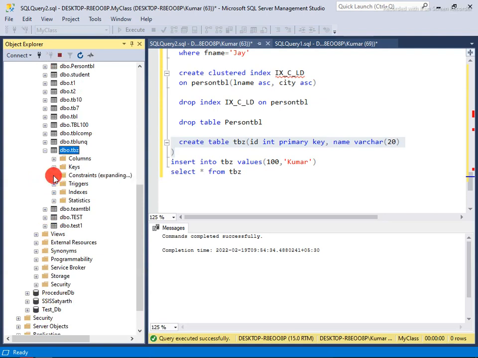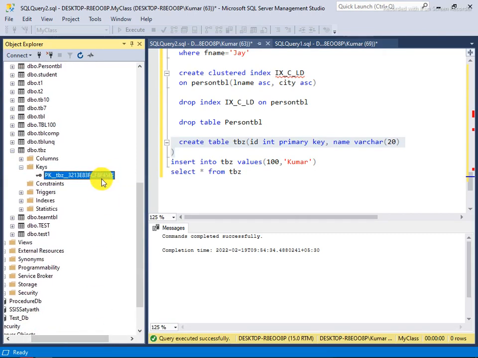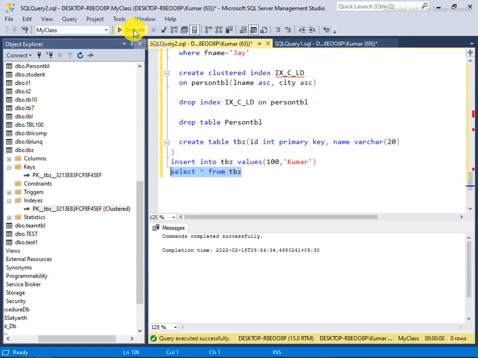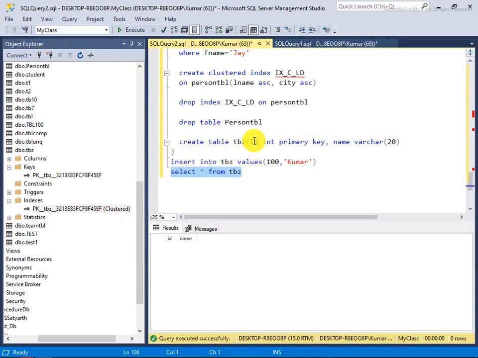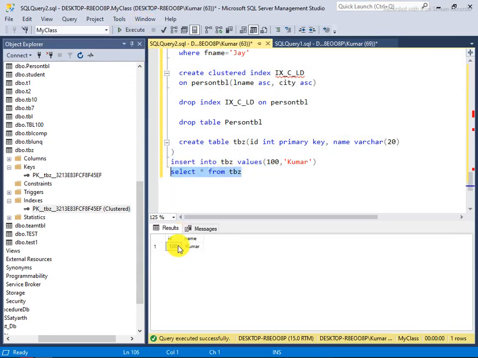I made a primary key, so you will notice that's a primary key. I didn't give any name, that's why it has a random name here as a primary key. Now notice I said clustered index, so you notice that the primary key itself is a clustered index. A clustered index means it will try to maintain its order automatically over the id column. So see, if I make an insert, you will notice that data has been inserted and its id is 100.